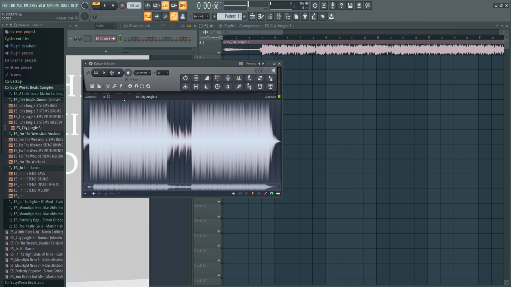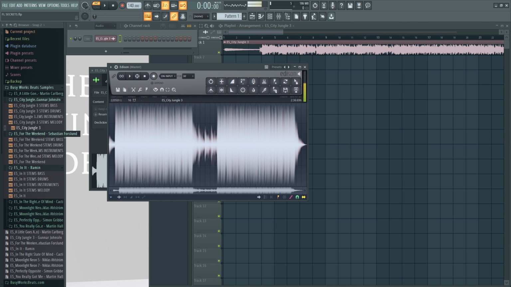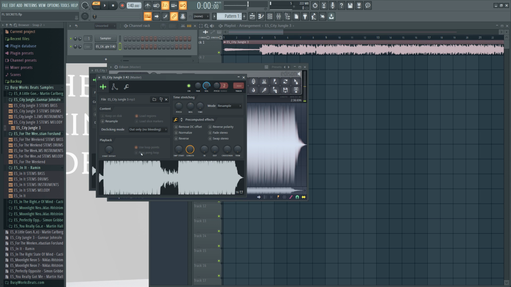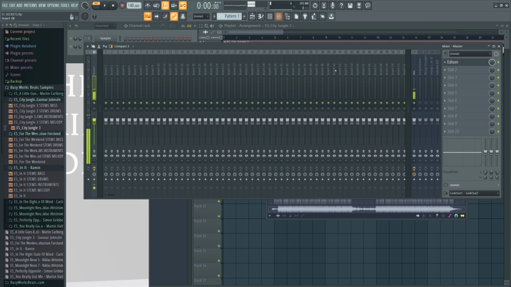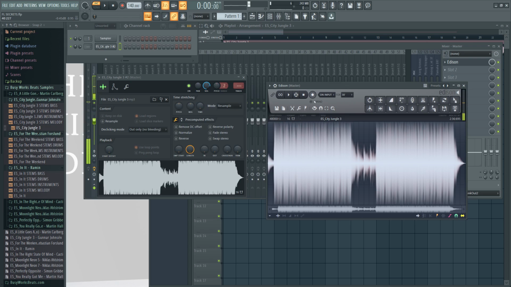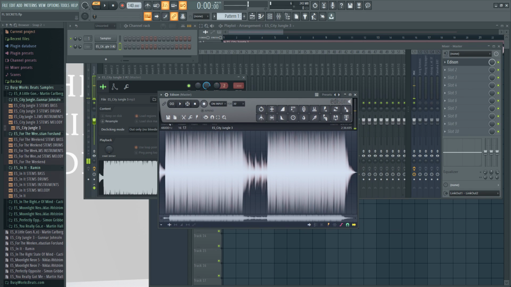Okay, so you see the peaks went down. That's a noticeable difference. Let me drag the original. Where can we put it? Right here. I should have dragged it into the playlist. Oh, it is in the playlist. But I have to open up an editor so I can put them side by side. Let me go back here. I think it overlapped. Oh my goodness. Anyway, let's do it one more time in the editor. For whatever reason, it overlaps. So let's do it again.